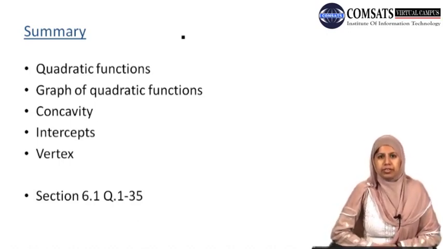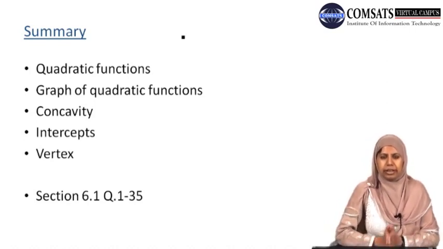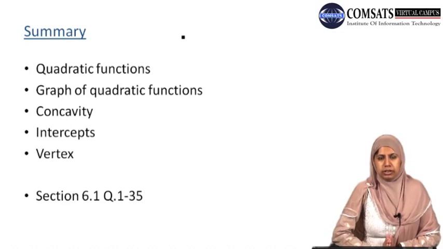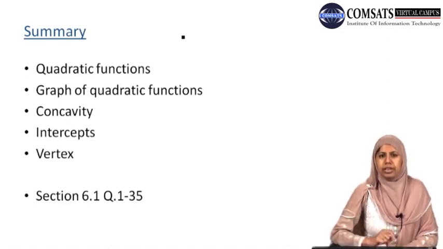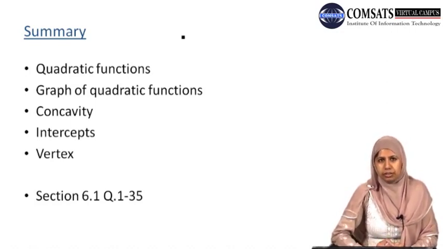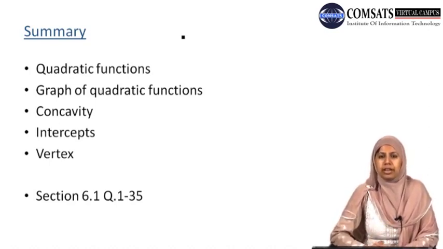We have seen the concavity, which is very simple to identify. We can directly identify the concavity from our quadratic function. Y-intercept, we have seen it is similar to finding the y-intercept of a linear function. That is the point where the graph intersects the y-axis, that is the point where x is equal to 0. We have also seen how we can find the x-intercept of our quadratic function. By x-intercept of a second degree equation, we mean the point where the graph intersects the x-axis, that is the point where y is equal to 0.